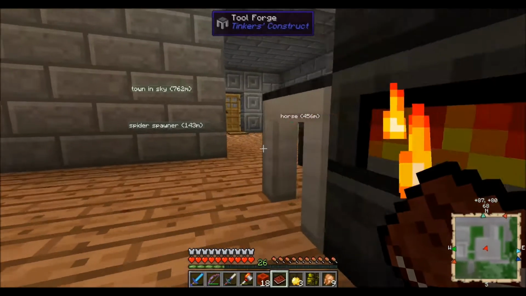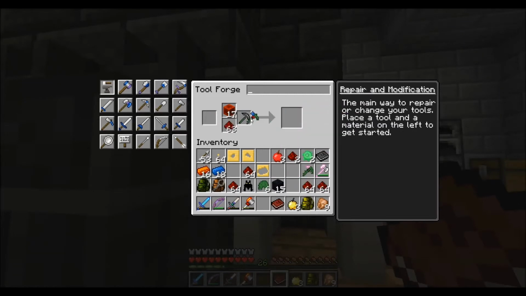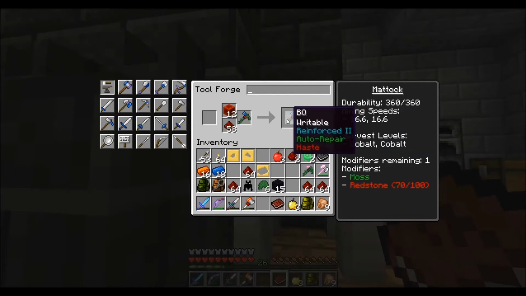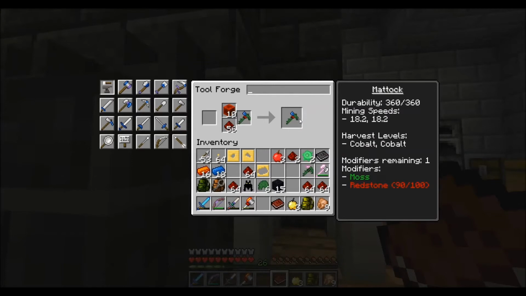Alright. So we're going to put 1 modifier of... So right now it is at mining speed 11. That's pretty good, I think. Of course, I'm probably wrong, but we'll see. Alright, let's take it up. BQs. Locking it. It's at 16.6 right now. And it's at...